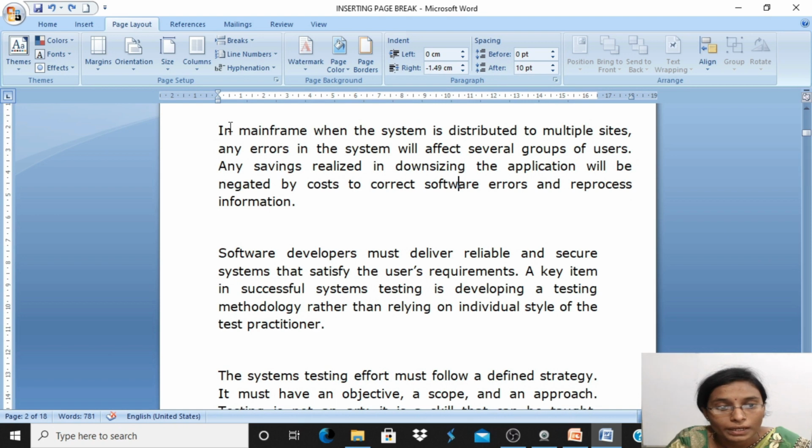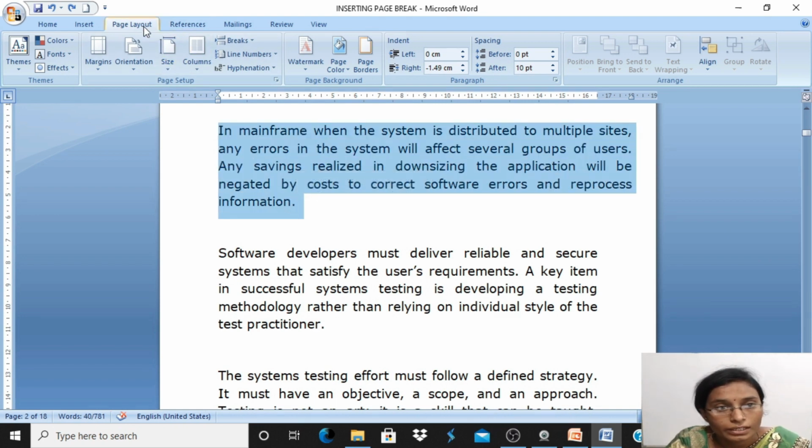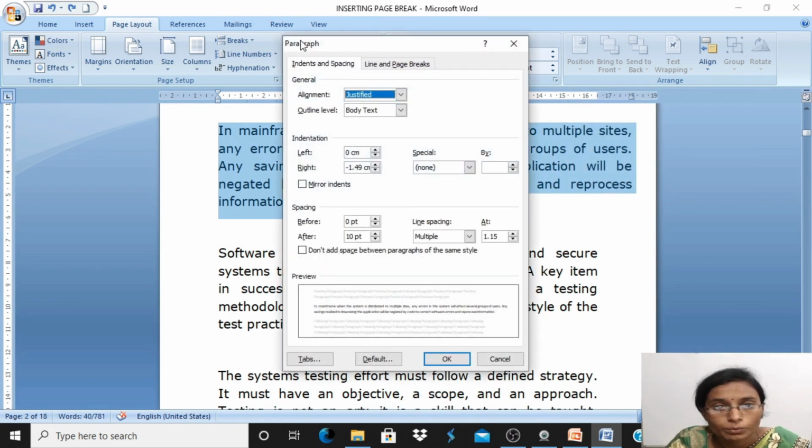The second method to apply indents is, I will select the paragraph first, then in the page layout tab, in the paragraph group, I have an option called indent here. Either you can select from here or else click on the drop down arrow here. The paragraph dialog box is displayed. In the indents and spacing, you can select left and right. Give the values whichever you want. Adding a negative value will make the text appear inside the margins.